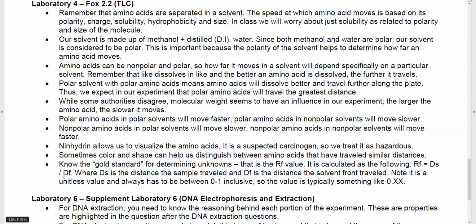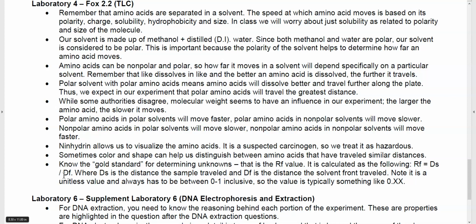We would allow the solvent to move up, and when we finish the experiment, we would draw a line to show how far the solvent traveled. So it's always relative to the solvent is how far the amino acid itself traveled. Because we're going to divide some number of centimeters divided by some other number of centimeters, a couple things to remember. The DF,